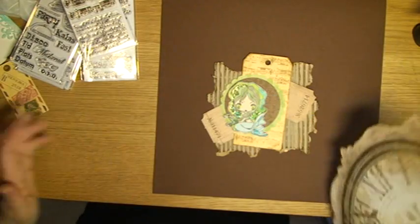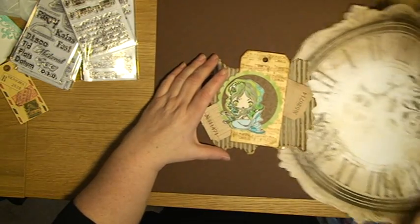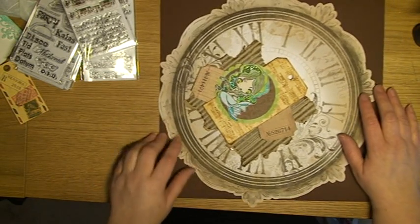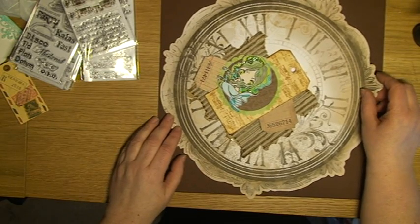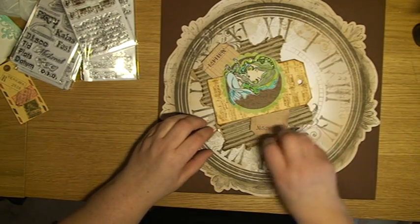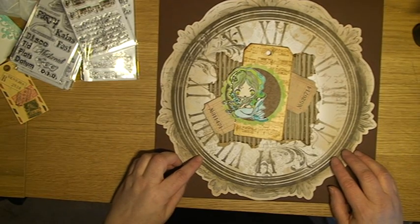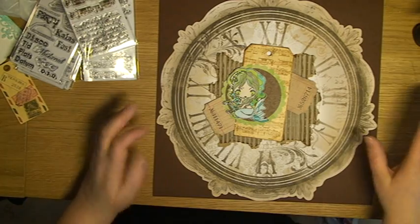And then I came to think about, should I use something beige or white? And then I came to think about this beautiful clock, and this is a paper from BoBunny, and Timepieces, I think the series is called. So I'm planning on using this in this way, and I'm actually going to keep that Siren in the center there. So I'm going to glue these things down, and I'm going to use my